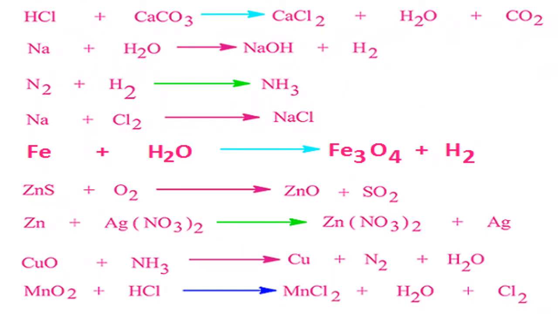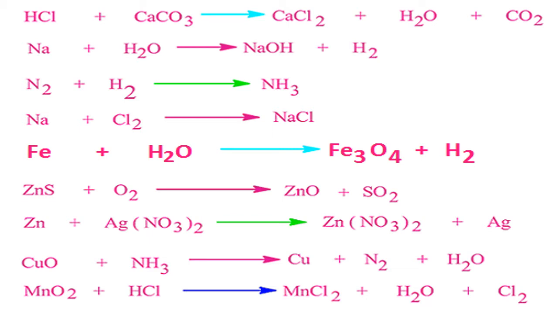Let's practice some of the equations to balance the chemical equations. Let us see the first equation. Hydrochloric acid combines with calcium carbonate to form calcium chloride, water and carbon dioxide. Let us start balancing it. So first you observe this, what is the change? Oxygen is 3 on the reactant side and 3 on the product side also. So no need to balance oxygen. What we have to balance here?